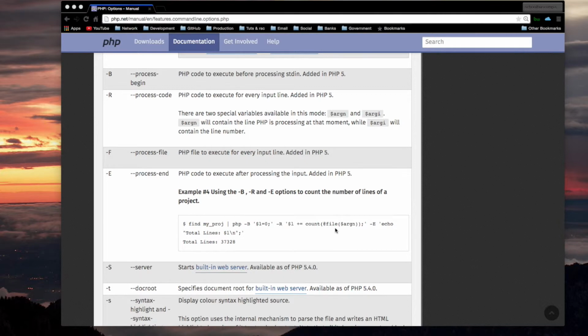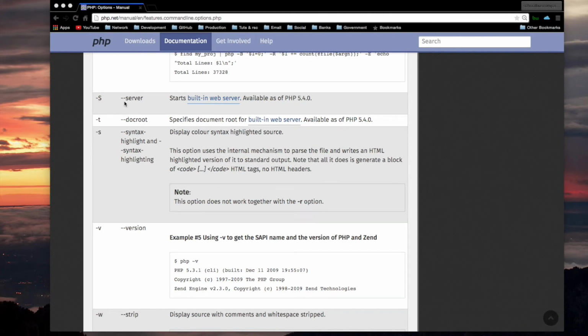And in this particular case, about the $argn, according to what it's saying over here, it seems that this argn is available when you use the -r. But I would think that the $argn or something like it would be available for any PHP script that processes standard input, the standard input stream.